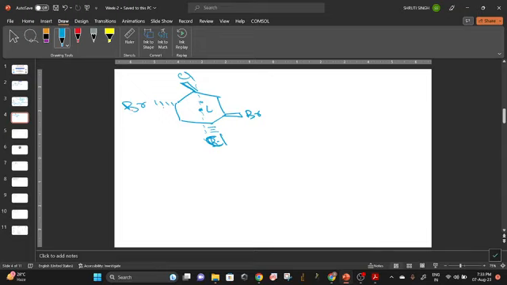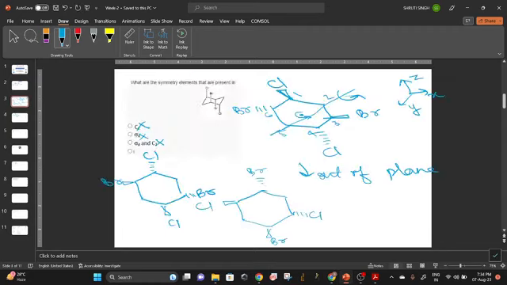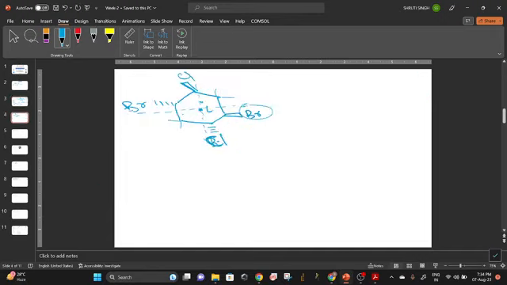And now from this bromine, if I start, this is down, so I start moving up in the plane. I'll move up. Here I find bromine again. So this is also correct, and here hydrogens will be there up and down, so it has I only. So this one is the answer. Everyone got it right?